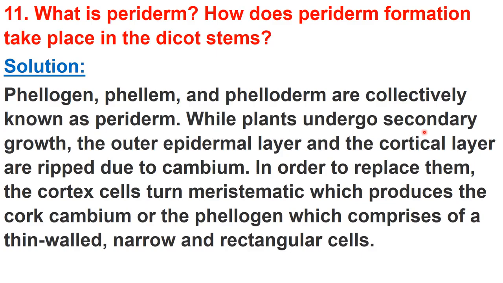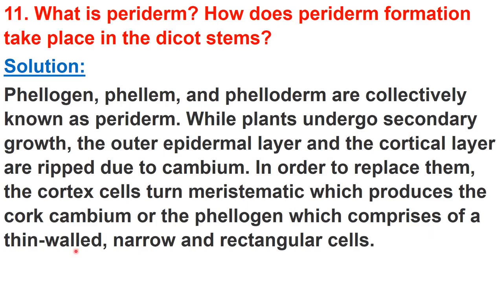While plants undergo secondary growth, the outer epidermal layer and the cortical layer are ripped due to cambium. In order to replace them, the cortex cells turn meristematic, which produces the cork cambium, right? Cork cambium is produced inside the cortex region. This cork cambium is also called phellogen,